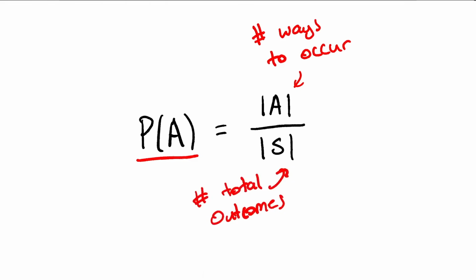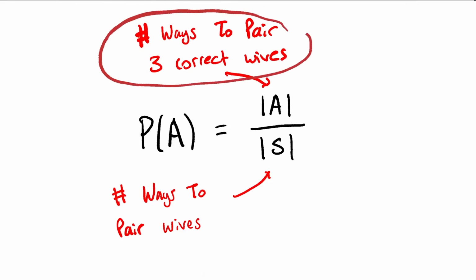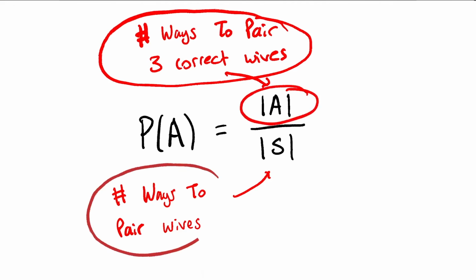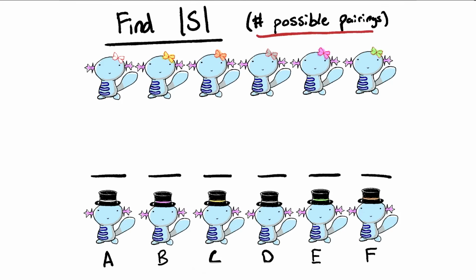So in our scenario right here, we are trying to figure out the number of ways to pair the 3 correct wives as the numerator, and the total number of ways to pair the wives will be our denominator. So we got to find these 2 terms right here. So to start, let's look at S, the total number of possible pairings, the total number of outcomes in our